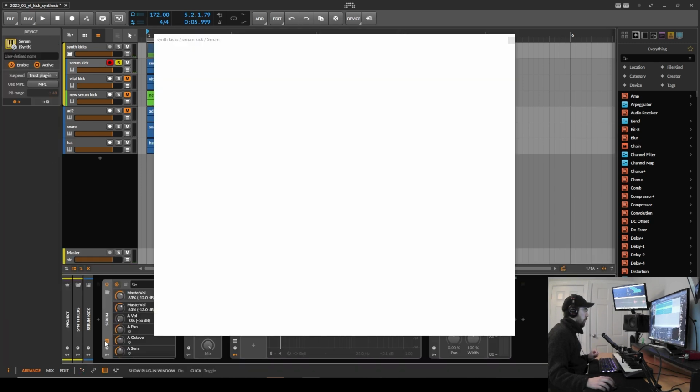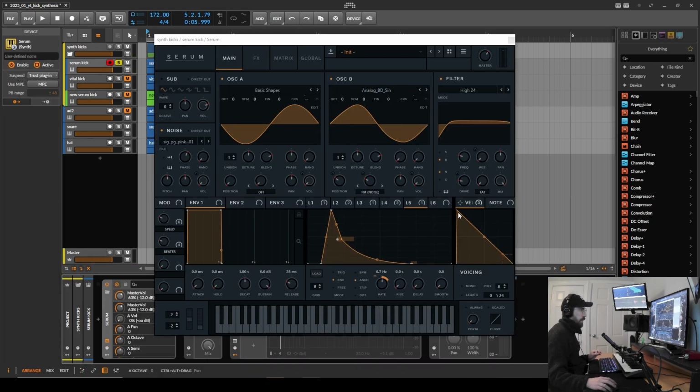And one thing to note on these velocities is I changed the ramp or the shape of the velocity mapping. And the reason why is because if you start with this down ramp, I've noticed it's a little bit easier to manage that way. And it starts with kind of going into the positive direction rather than the negative direction in terms of